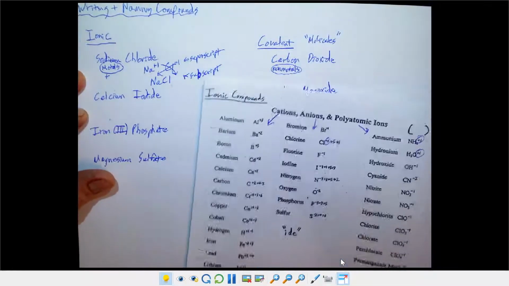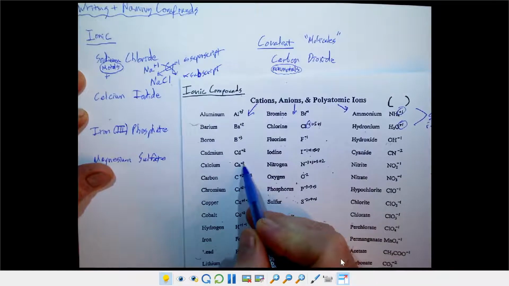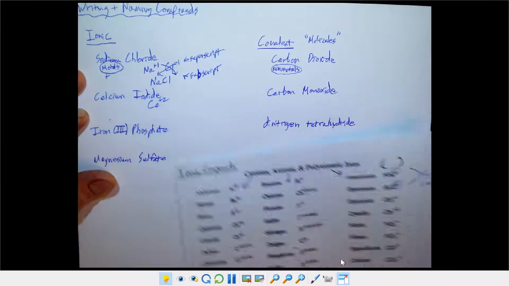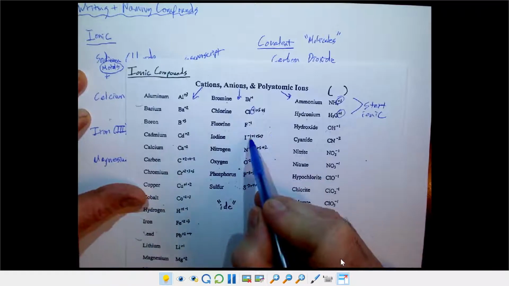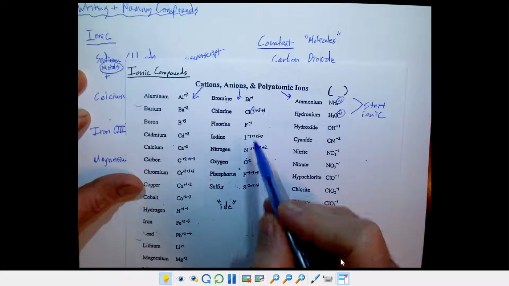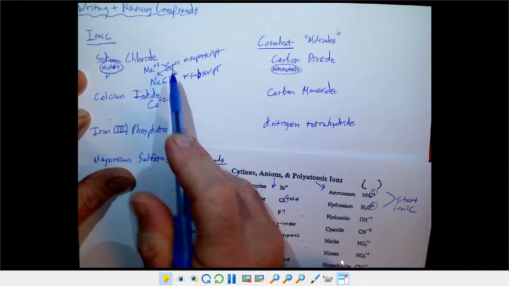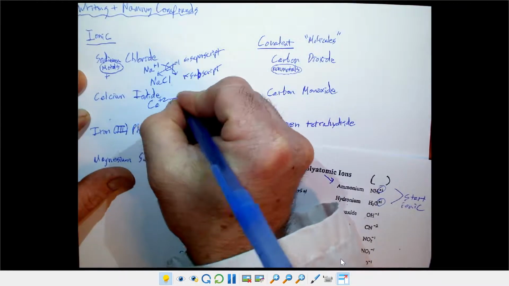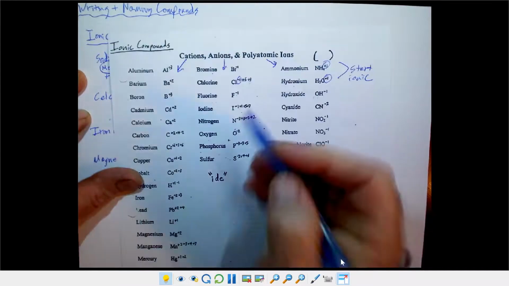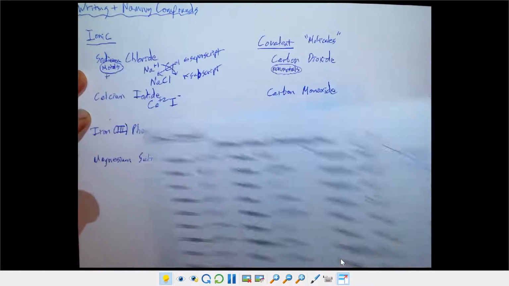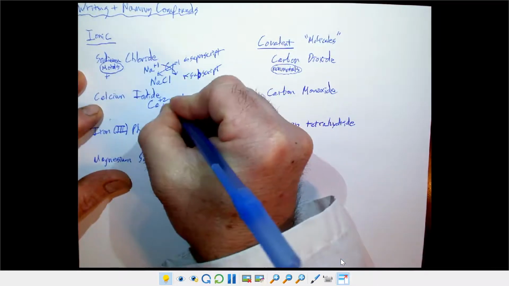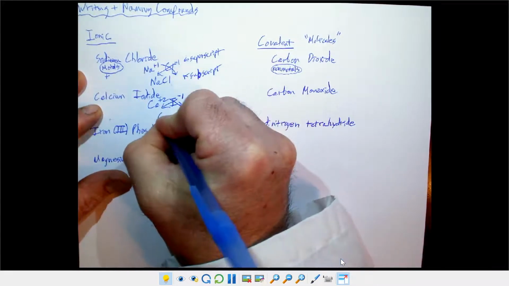All right, so calcium iodide. If we look up calcium, it's a +2. So Ca +2. And we look up iodine. Notice the iodine's got a whole bunch of charges. What's going on there? Well, remember, same idea up here. If this first one's positive, grab that -1 for the iodine, and there's only one of them that it could be. It's the -1. And so when you crisscross applesauce that guy, you get